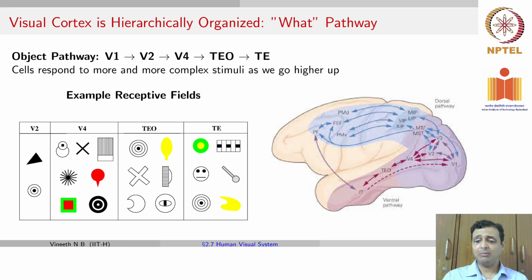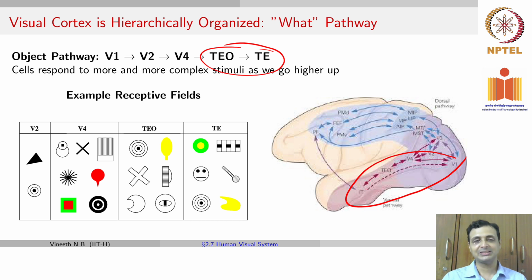So the what pathway is what you see here. The what pathway goes from the V1 cortex to the V2 cortex to the V4 cortex to a couple of regions called the TEO and TE. We are not going to get into this today. There are going to be references at the end of this lecture if you'd like to know more about this. But those are different parts of the brain, as you can see here, which finally lead to understanding what the